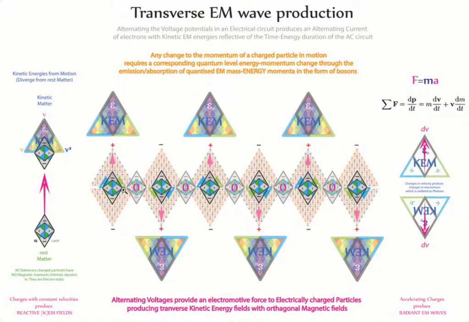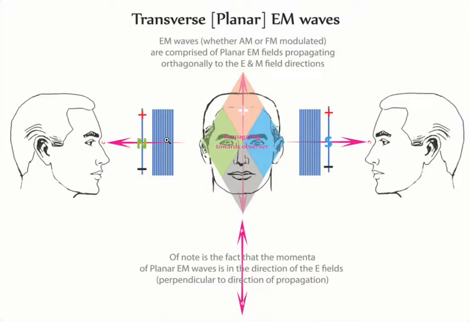Again, any changes of energy may not be instantaneous, so as the velocity decreases, the squared energy levels decrease in proportion to the velocity, and they do so by releasing bosons, or odd-numbered energy quanta, bosons of energy which then couple to form the photons of EM fields, or transverse energies. The transverse waves, as we've discussed, are like a sail or a slap in the face, and that's what's illustrated in this case. We have neutral EM fields with a